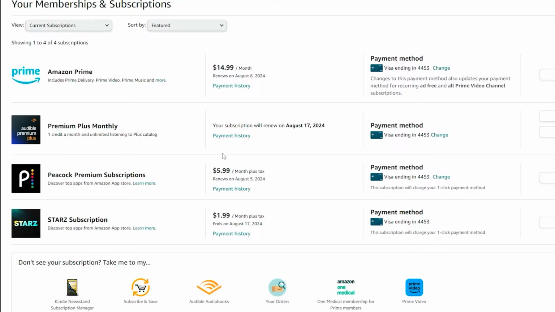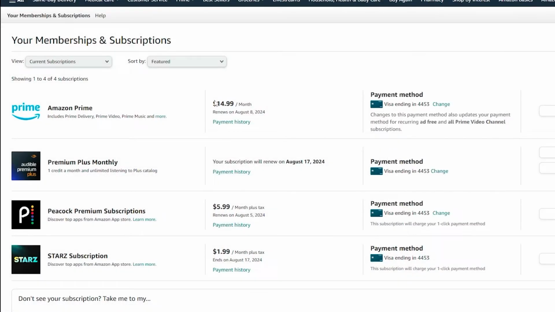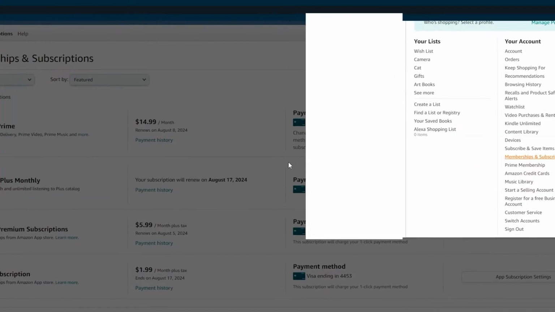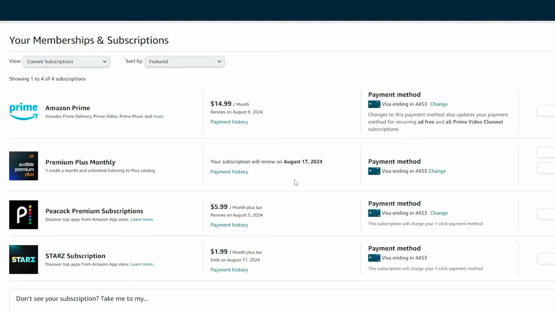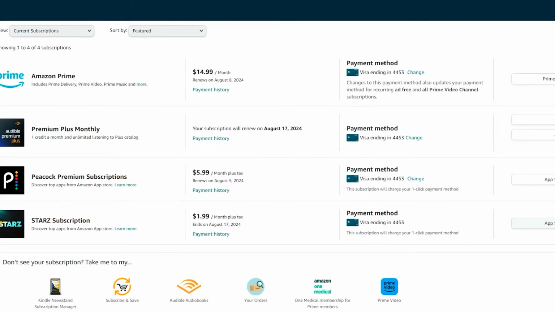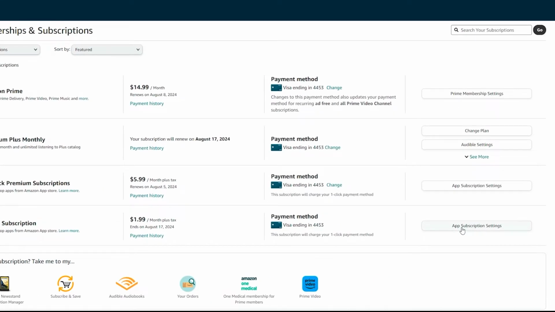So they've changed the UI a bit. And now if you're not at this page, if you go to Amazon and you go to accounts and lists, memberships and subscriptions, click on that and it'll take you to this page. Then find the subscription that you're trying to cancel. Go to this app subscription settings,